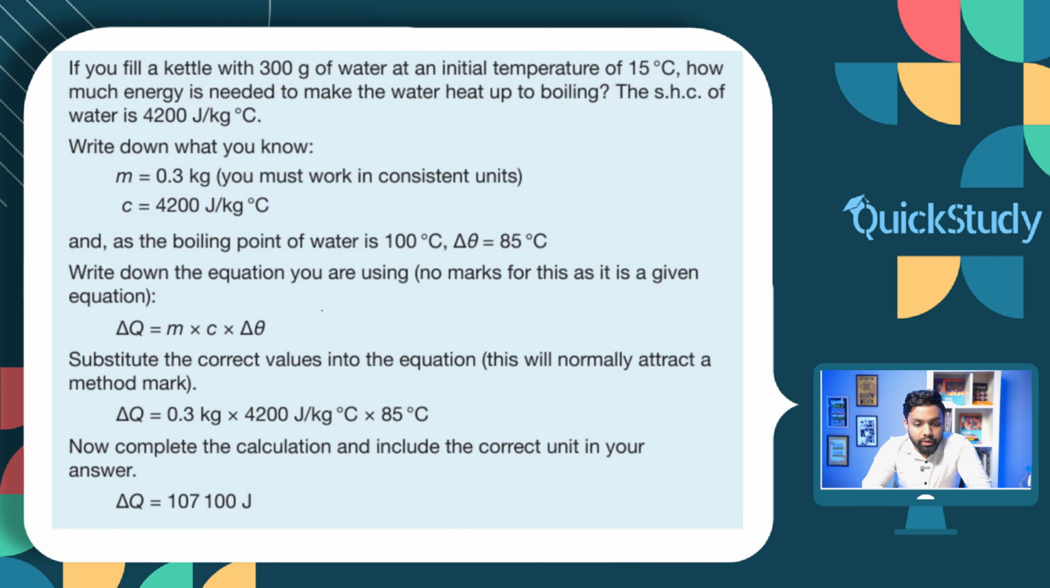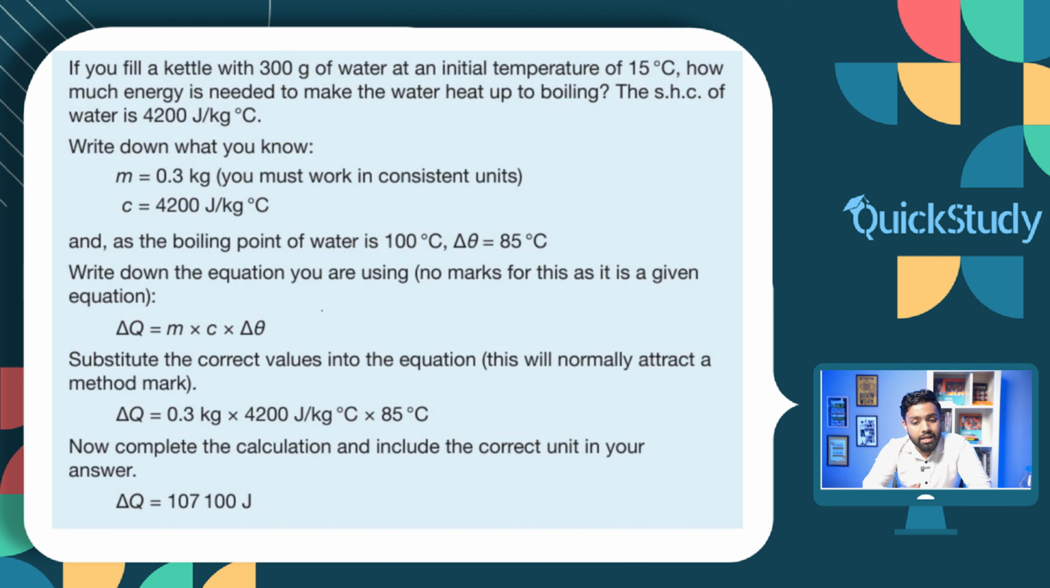If you fill a kettle with 300 grams of water at an initial temperature of 15 degrees Celsius, how much energy is needed to make the water heat up to boiling? The specific heat capacity of water is 4,200 joules per kg degree Celsius. So we have to write down what we know at first. So here the mass is 0.3 kg, as we are converting it from gram to kgs. The specific heat capacity is 4,200,